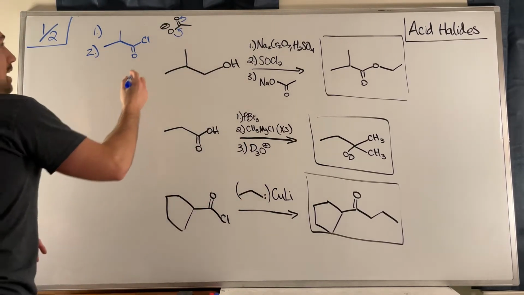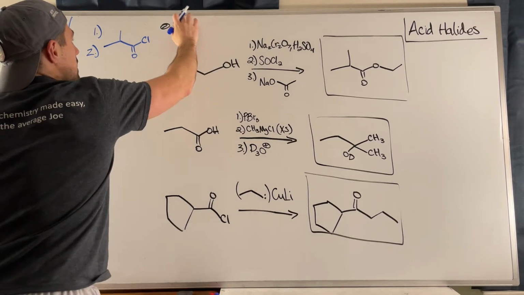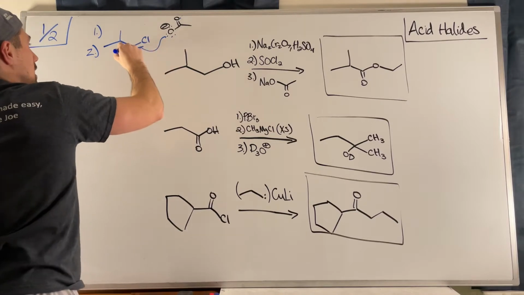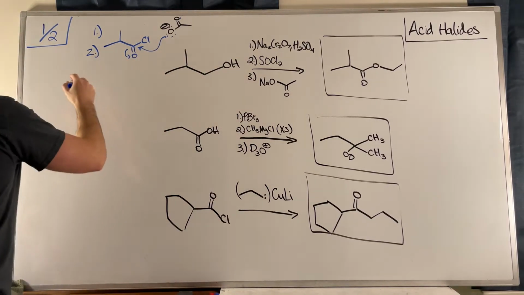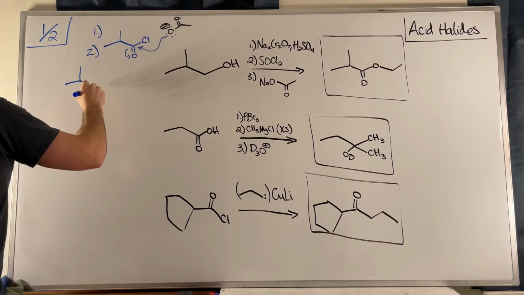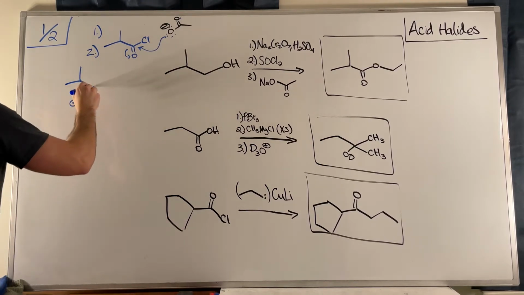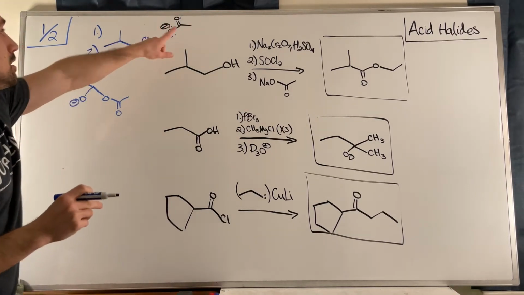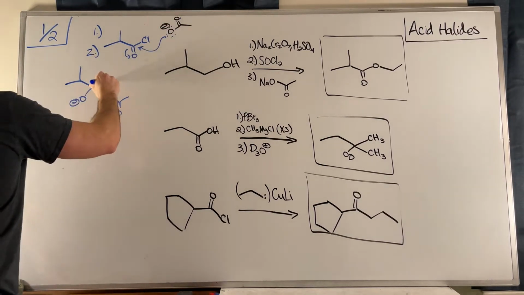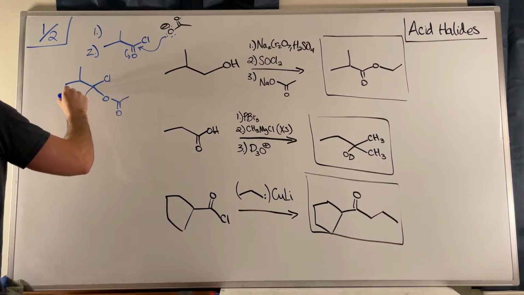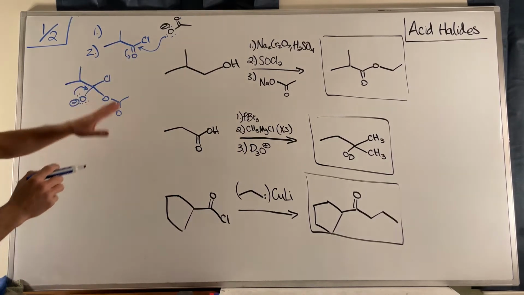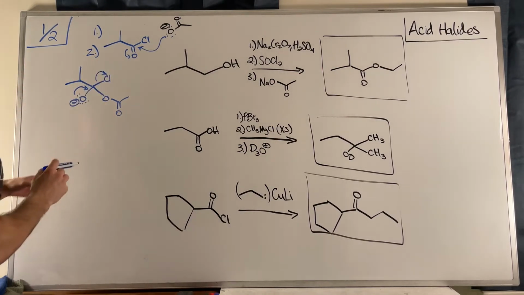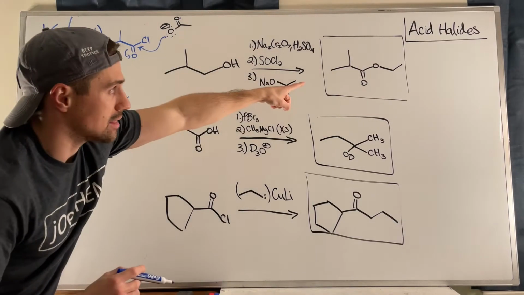So what you would get is, let's do this right here. I can show you the attack at first. You would get the attack right here. Electrons kick up, so you attack on the carbonyl carbon. So the way that goes is we'd have the O- over here. We'd have this new carboxylate added right here. We have chlorine right here, and no surprise, we have a good leaving group in Cl-. So we did the addition, and we created our tetrahedral intermediate. Now we collapse the tetrahedral intermediate, we kick chlorine off, and that's why you get this product right here, because